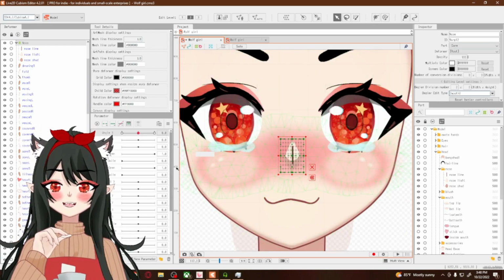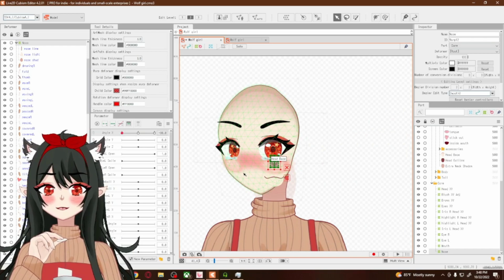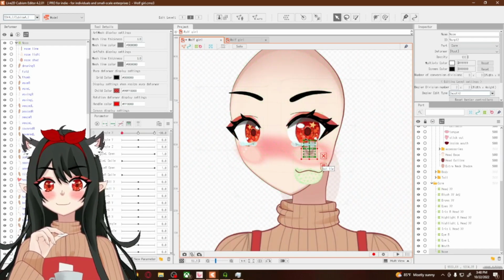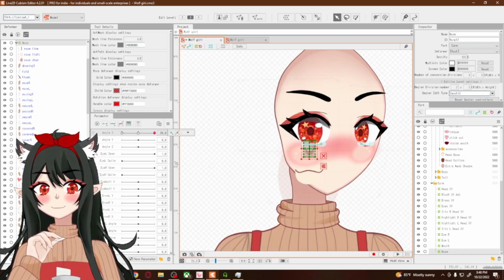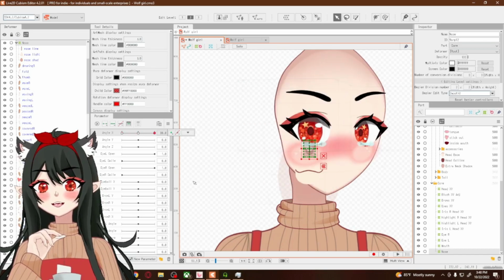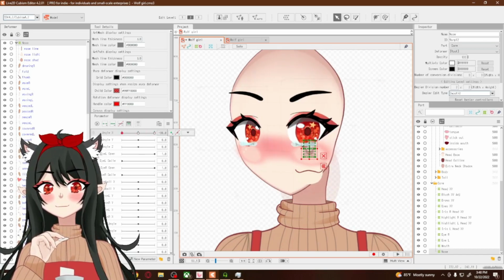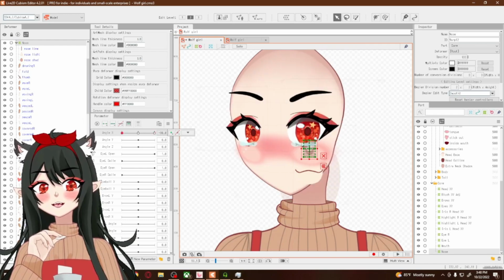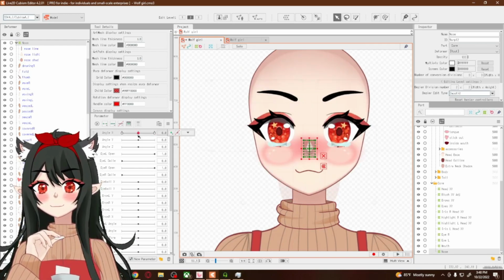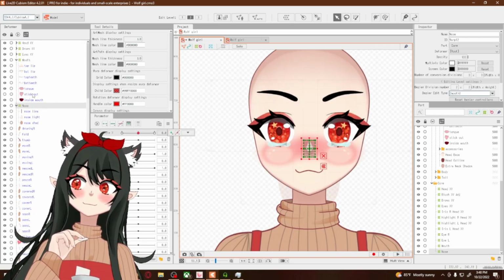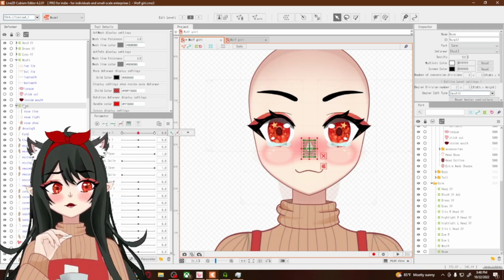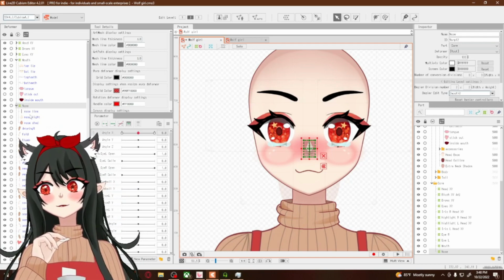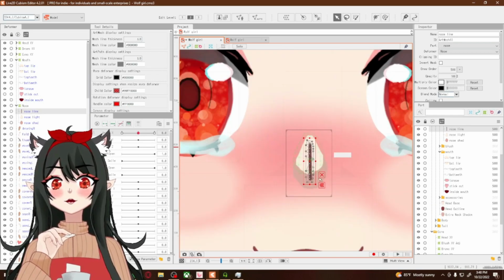Exciting! At this time, if you want, y'all can fix the blush to fit more underneath the eye at this point before we start rigging the nose and mouth. Now the nose, I like to just keep it together. So the nose, what I like to do